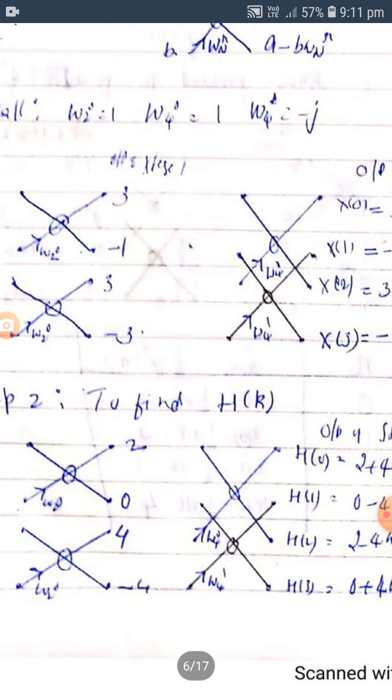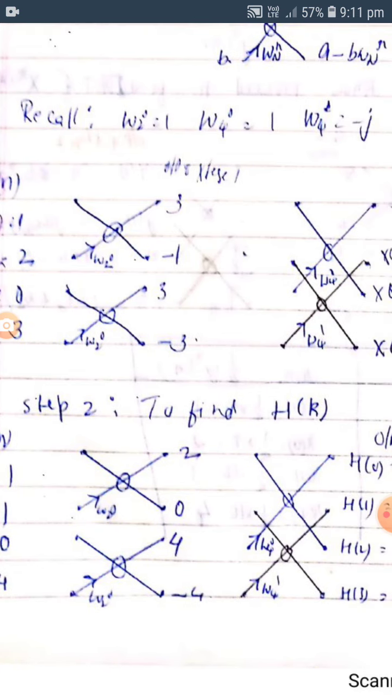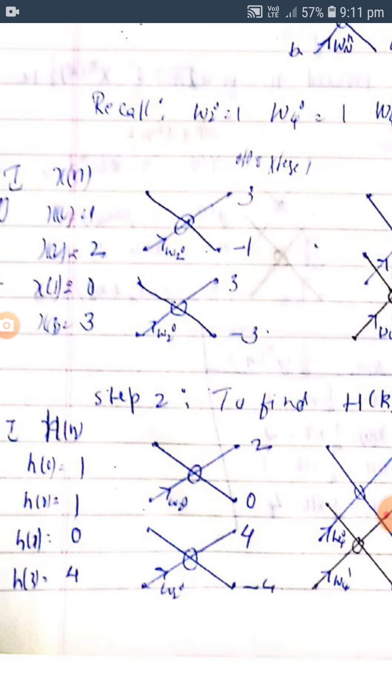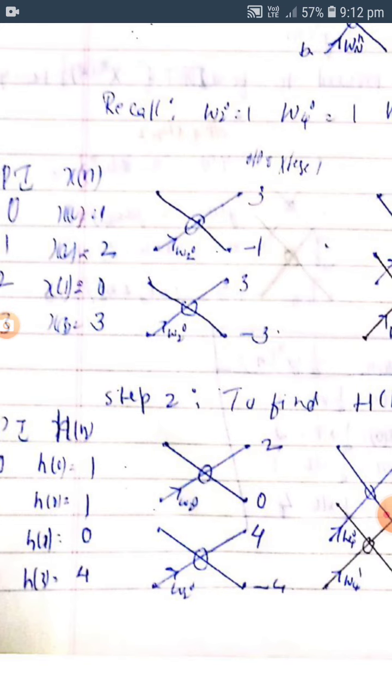Similarly, now you take the second input, that is h of n. Then apply the DIT algorithm, you will get H of k. So now what we need to do, again in the same fashion, h of n you have to divide. So h of 0, h of 1, h of 2, h of 3. In this, first start, write h of 0. Next you leave this one. Next h of 2. Then write from the second sample, that is h of 1. Next group will be h of 3.